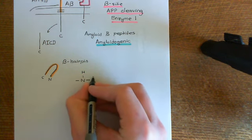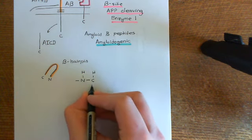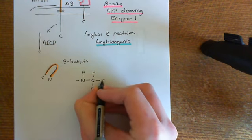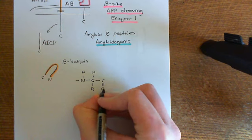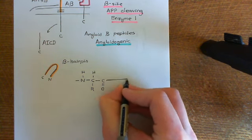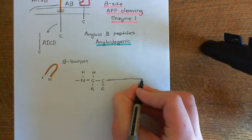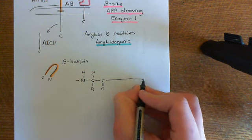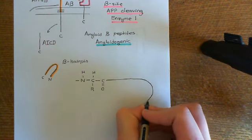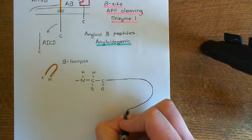Then we've got the alpha carbon here, with a hydrogen coming off it. We'll put an arbitrary R group here. Then we'll have a carboxylic acid group here, like so. And then you'll go on and on and on. So I've just drawn one of those amino acids here. Now, when the polypeptide twists back around, the way this is going